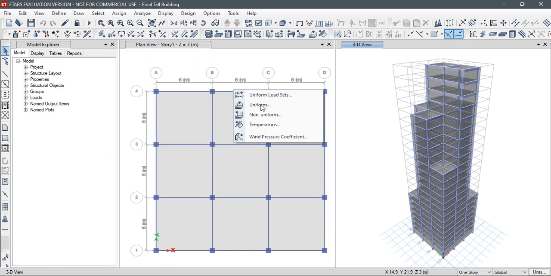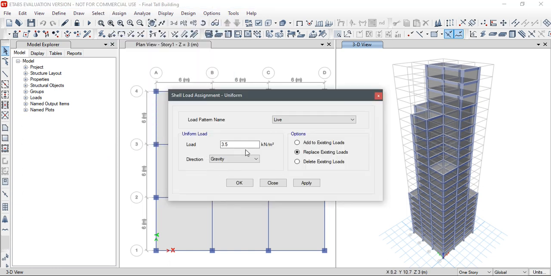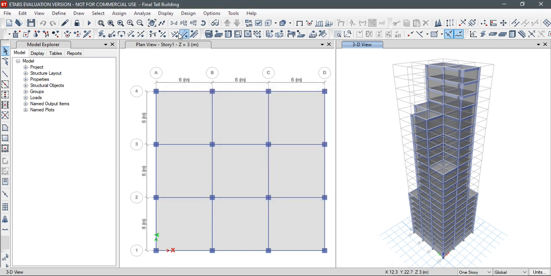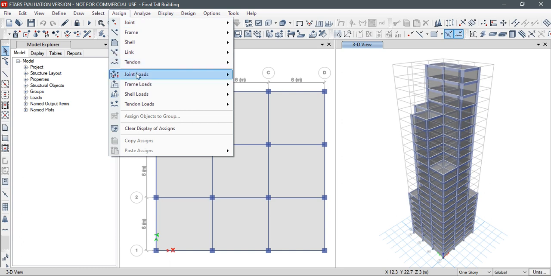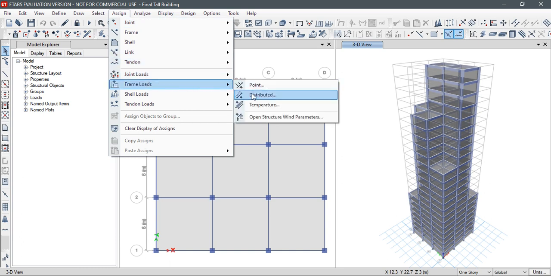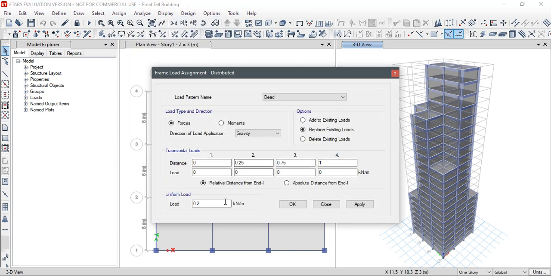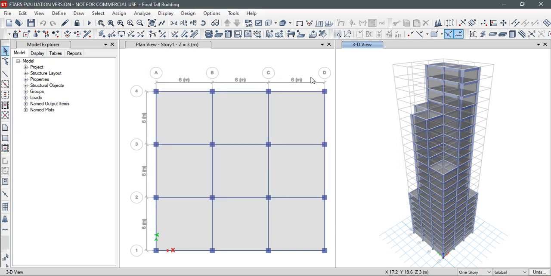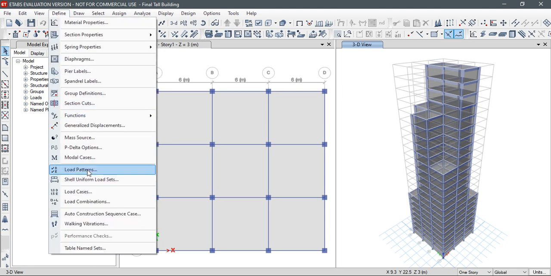As we can see here, from here I had defined the different live load and dead load, and similarly I had defined the load due to cladding of 0.2 kN per meter on the exterior beams. And then I had defined the wind load under the load patterns.